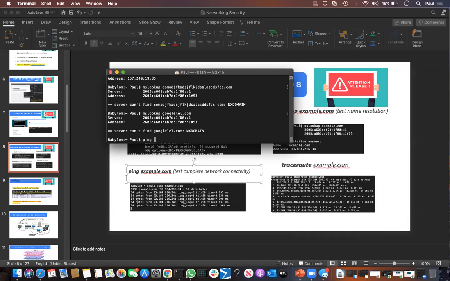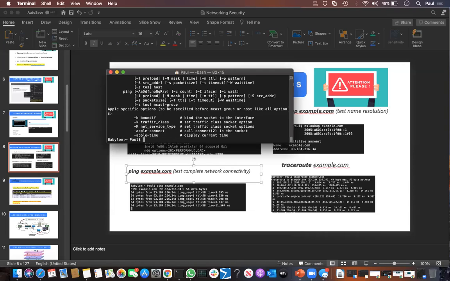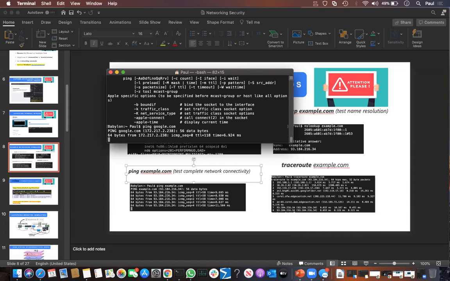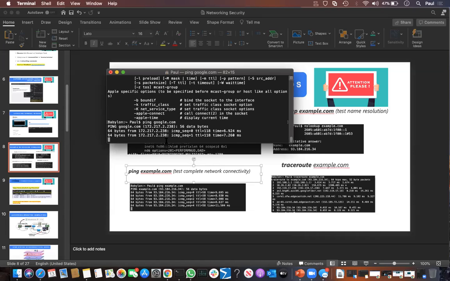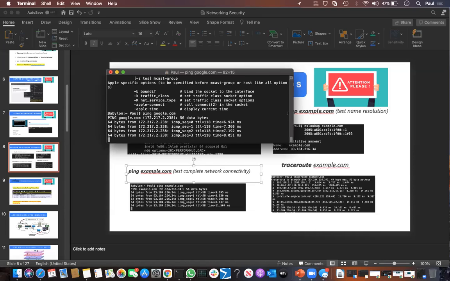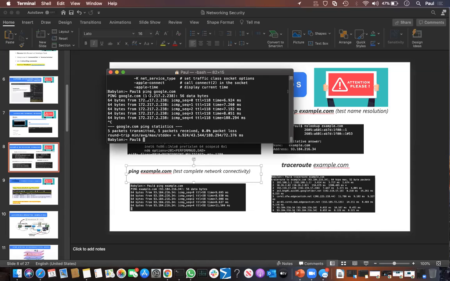And this essentially says if all of your networking is set up correctly, whether you can hit it or not. So if I do google.com, okay, what this shows here is that my computer was able to go to google.com. And the way I was able to do that is I was able to translate via the domain server the